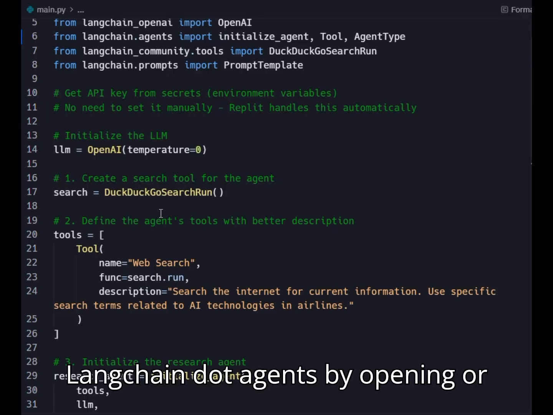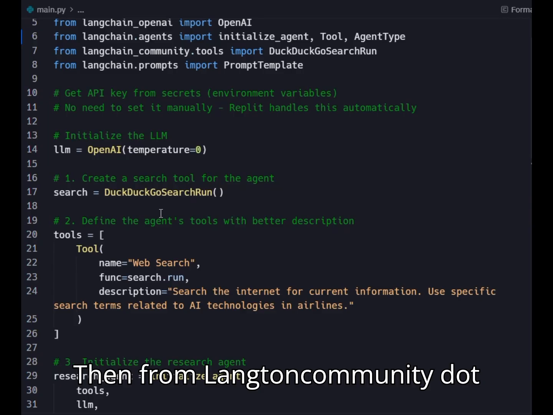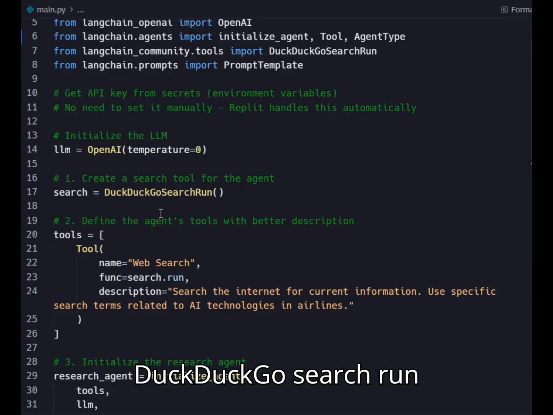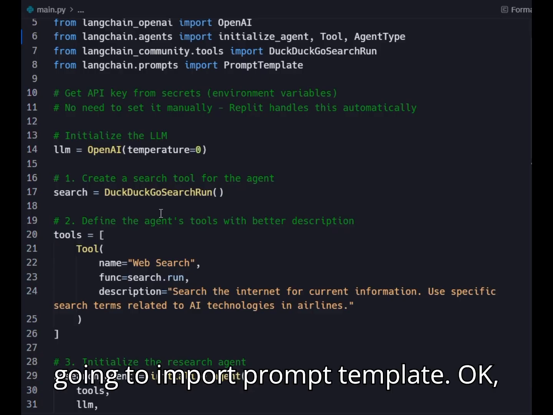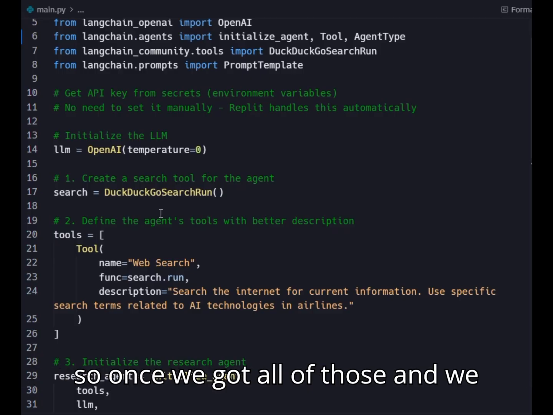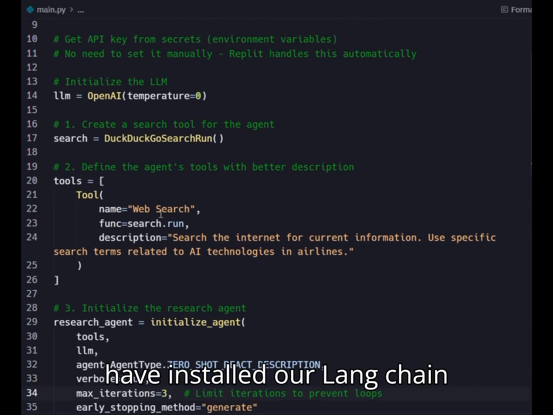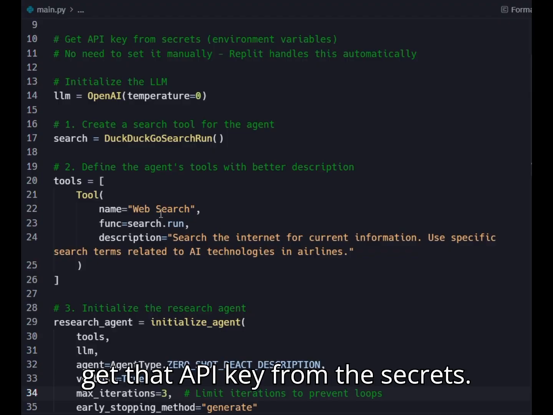LangChain.agents by importing initialize_agent, Tool, and AgentType. Then from LangChain community.tools, we're going to import DuckDuckGo search run. And then from LangChain.prompts, we're going to import PromptTemplate. Okay, so once we've got all of those and we have installed our LangChain dependencies, then we can get the